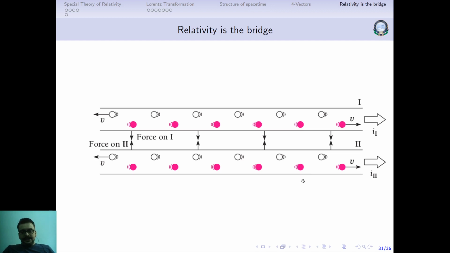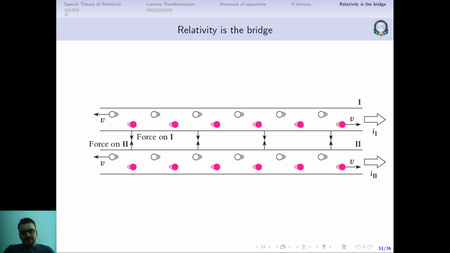Now let's apply relativity in this case. What is the physical observation? I'm having two currents. Let's say for right now, for simplicity, the two currents are the same. This is 5 amperes, this is also 5 amperes. The same number of amperes are passing through both of these wires. When there is no current, there is no attraction. The moment there is current, there is going to be some attractive force between them. That's the physical reality.